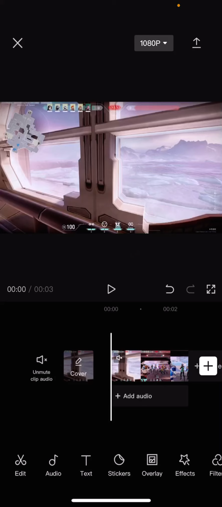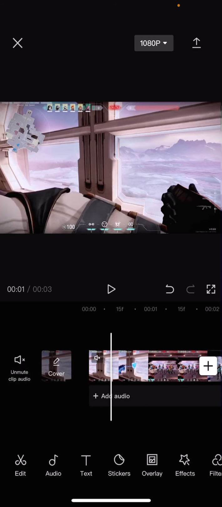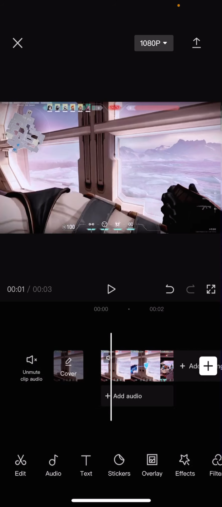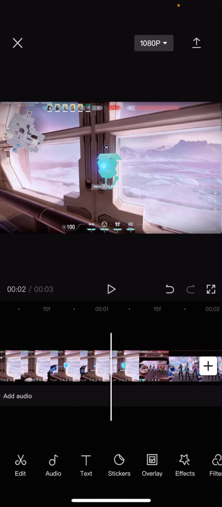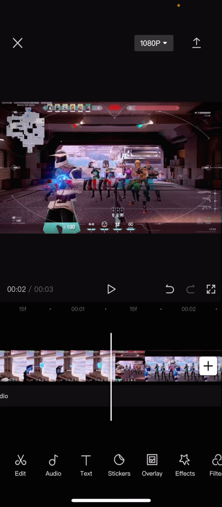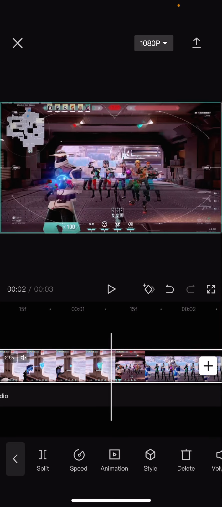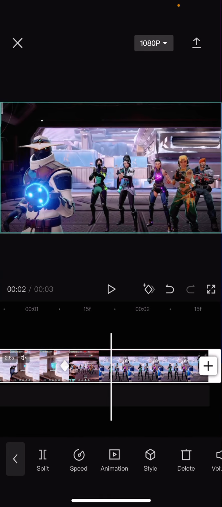In this video I'll be showing you guys how you can create a smooth zoom effect on CapCut. So you're just going to want to zoom the whole thing first, like the clips. So pinch your fingers, then you're going to go to the part where you want the zoom to start. So here I'm just going to add a keyframe and not do anything,